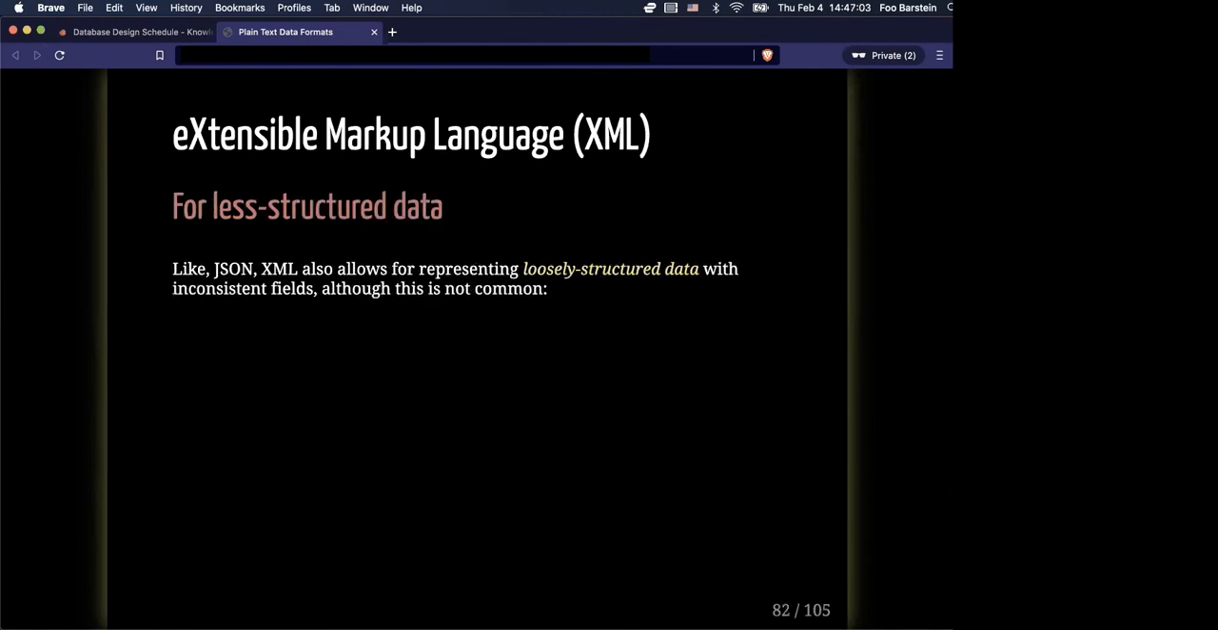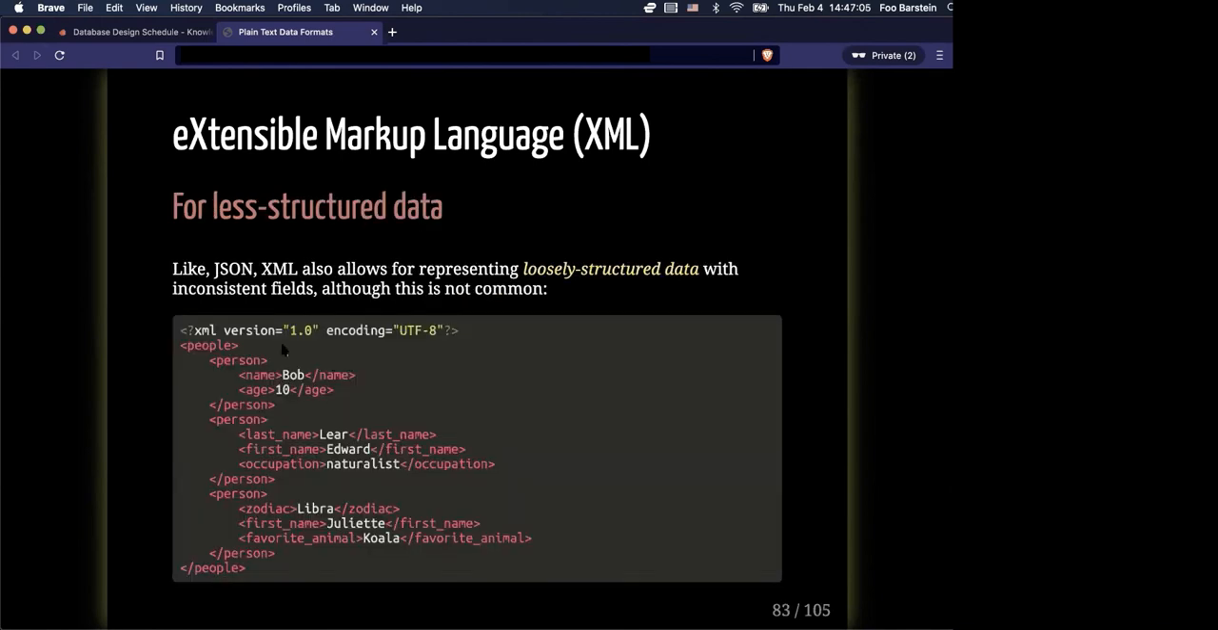All right, so for less structured data, you could have what we did with JSON, where you have different records having different fields. So this person has the name and the age, Bob, who's 10. This person has the last name, the first name, and the occupation, right? So you can have different fields, inconsistent schema, and that can be fine in XML as well as in JSON. So for loosely structured data without a fixed schema, this is an option. Although, why use this instead of JSON? I don't